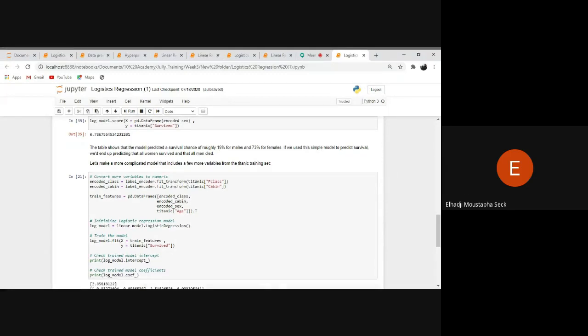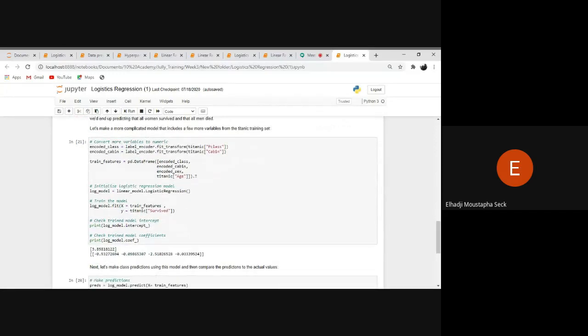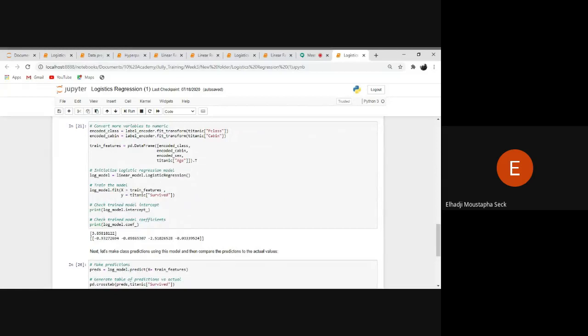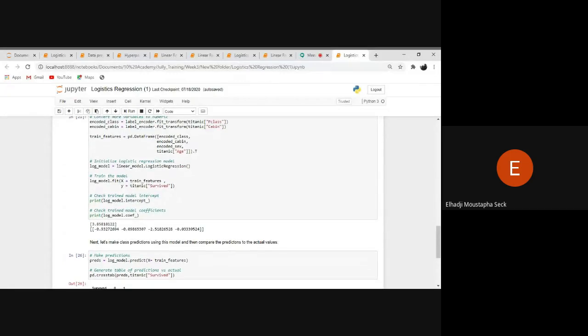Okay, now let's initialize our model, and then let's train our model. Now the predictor variables will be all these variables. My X will be a matrix, a data frame with these variables, which is here. X is equal to train underscore features, right? And then I have to specify my response variable, which is the survived variable, and this one doesn't change, right? And then here I've just checked the intercept of my model and the coefficients of my model. As now I have 4 predictor variables, of course the coefficients will be 4. For example, this coefficient will be for the class, this coefficient will be for cabin, and this one will be for sex,